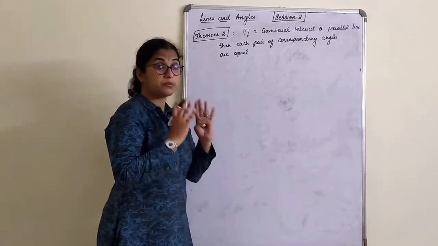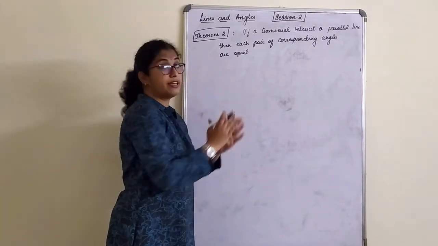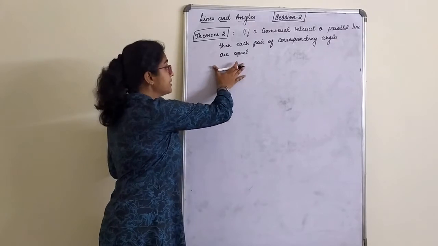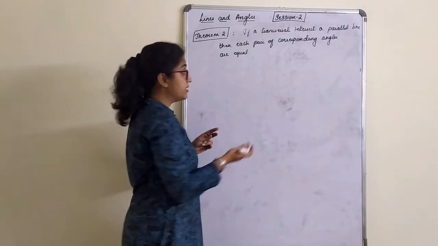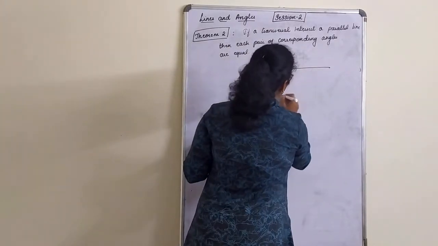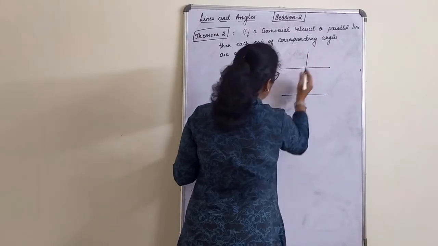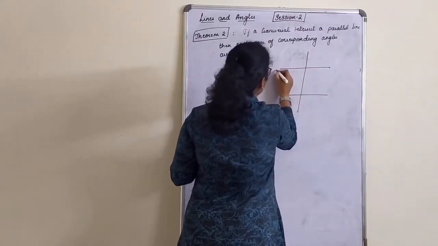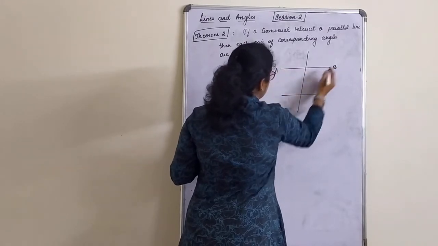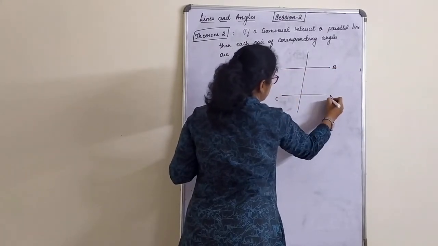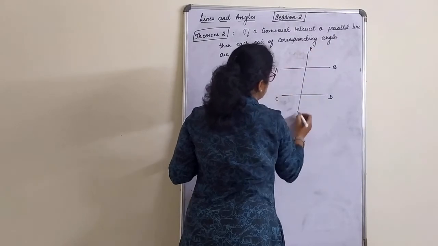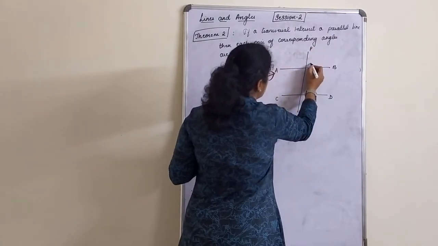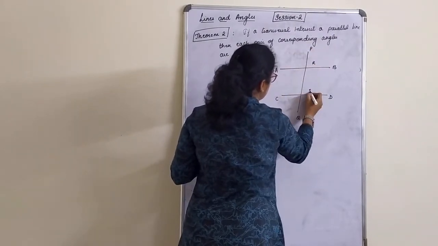So always the diagram, the figure should be always on your right hand side, and from left hand side we'll start proving the theorem. Diagram should be very neat in pencil. So we'll name this as AB, C, D, P, Q, and this I name it as R and S.